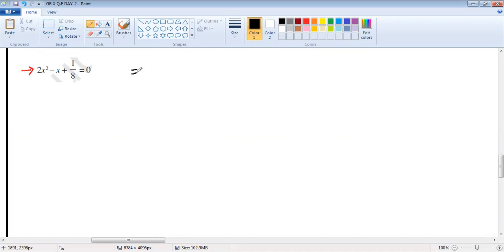First, take the LCM of 8. Then 8 to the 16x square minus 8x plus 1 is equal to 0. Now you carry the 8. This is 16x square minus 8x plus 1 is equal to 0. Got it? Then we can write it as